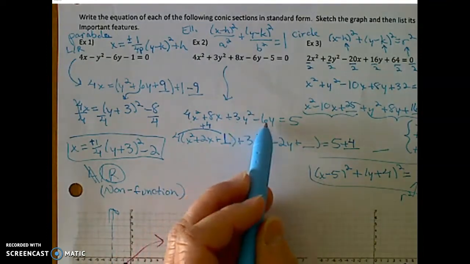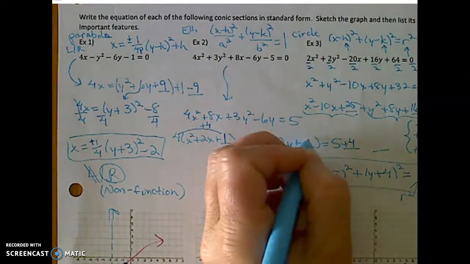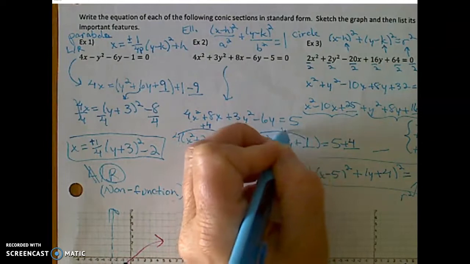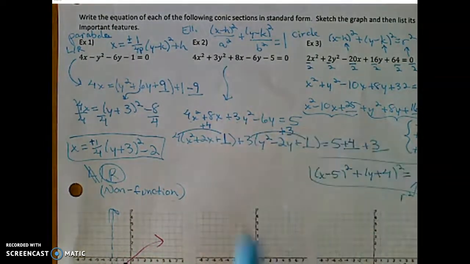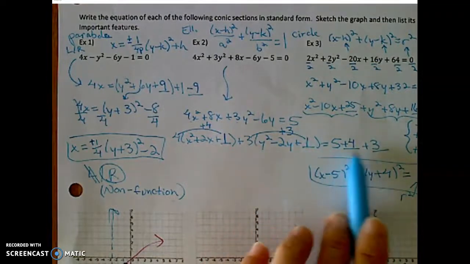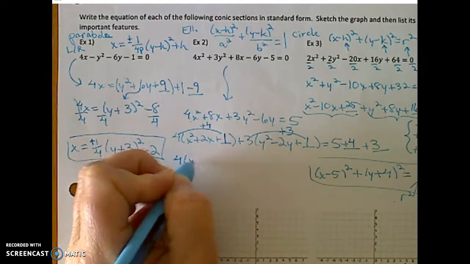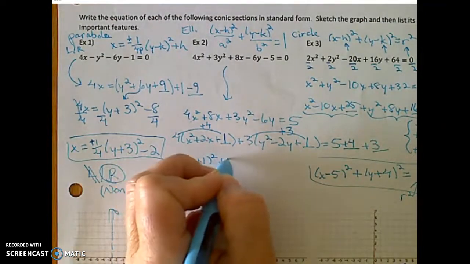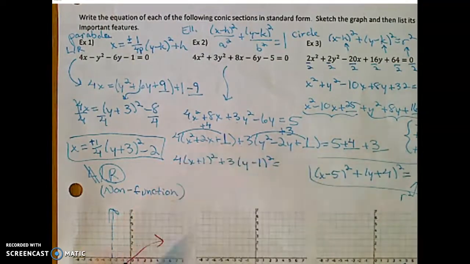I factored out a 3. I'm left with y squared minus 2y. Divide by 2 and square is 1. But I actually affected that left-hand side by a positive 3 when I distribute. So I'm going to balance that equation. When it's on opposite sides, I do the same thing, add 3. Factor: 4 times (x plus 1) squared, plus 3 times (y minus 1) squared is equal to